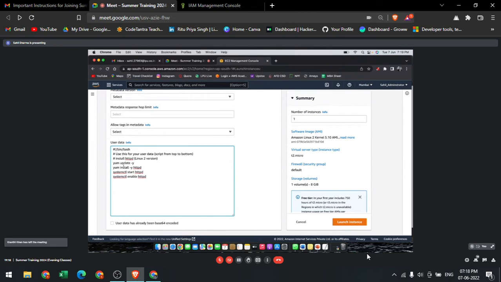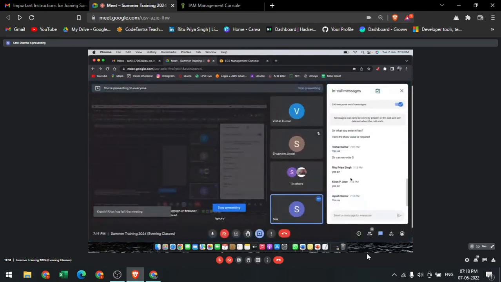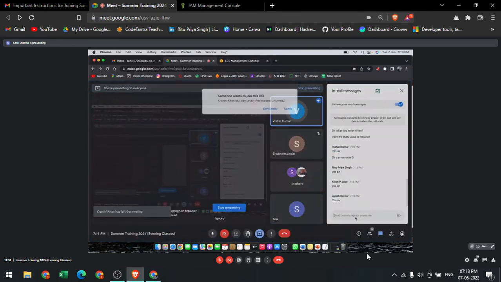Now, I have skipped the last line because I don't want to create this file. So I've copied this entire user data. Should I send the code in the chat box? Okay, but